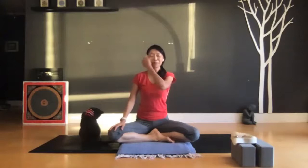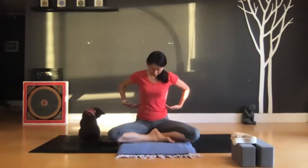So today is a yin yoga session. My theme today is to open the lower body. Yesterday we did something about the upper body. Yin is great for releasing lower body and hip region tension. And as we know, hip regions store a lot of emotions. Sometimes we're not aware of it, but it's magical when you release tension from the hip region, and some emotions can